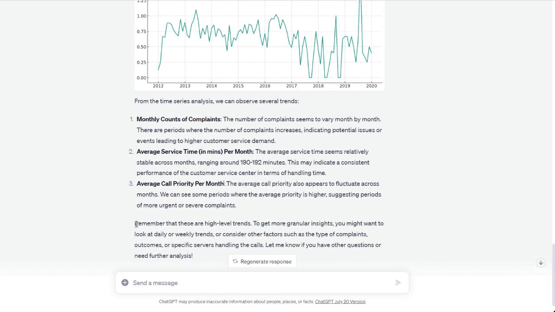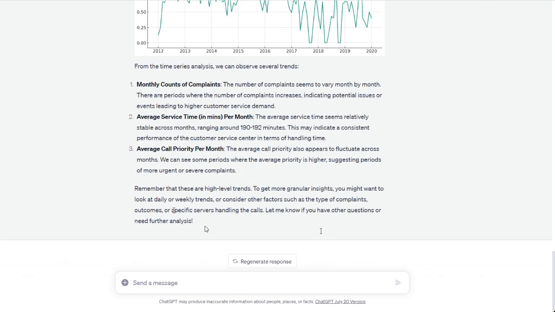Okay, what does it finish here? Remember that these are high-level trends. To get more granular insights, you might want to look at daily or weekly trends, or consider other factors such as type of complaints, outcomes, or specific servers handling the calls. Let me know if you have any other questions. Okay,